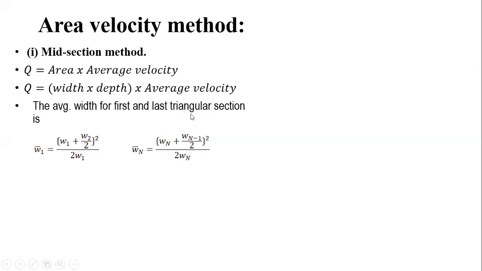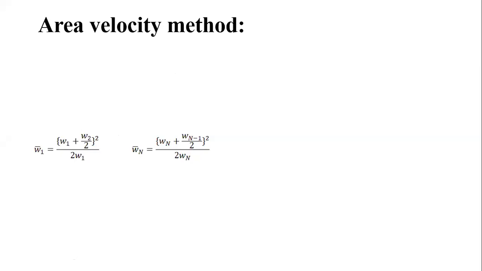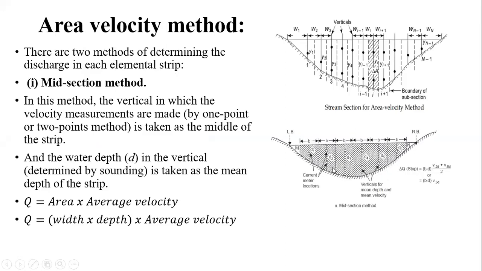Then what about the width of the remaining one in between? For in between, whatever the segments will be there, for example over here we can say ये दोनों का निकल गया ट्रायंगुलर वाला. कैसा निकाला हमने, width of first one, this one, plus half of the width of this square of the bracket divided by 2 times width of the first one. Clear? Now regarding this, how to get the width of the same or width of this one, from this middle